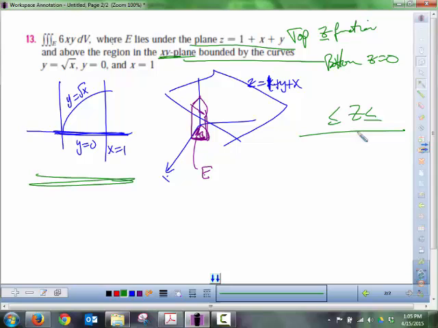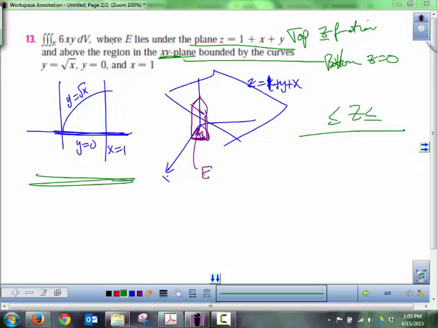So if you can do this in 3 dimensions, you're looking at z values. We already have our z limits, right? But if you're drawing this in 3 dimensions, you would go through the same process that you did before. I'm integrating with respect to z first. I will draw a line parallel to the z-axis and ask myself when I'm going to enter my